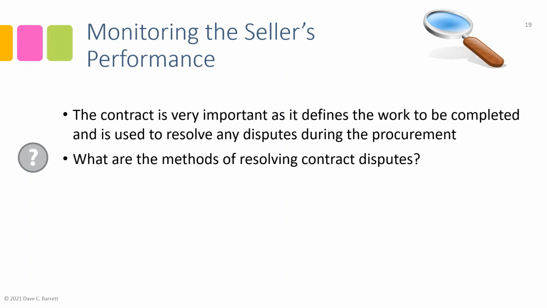It can also, in some cases, go to arbitration. Again, the parties would have to agree to that, the buyer and seller. And in that case, through the arbitration, the arbiter has the ability to enforce a solution